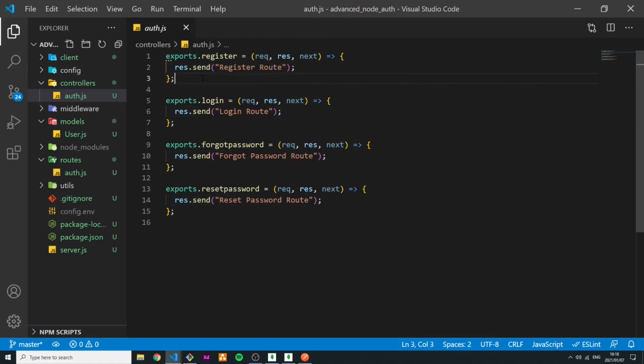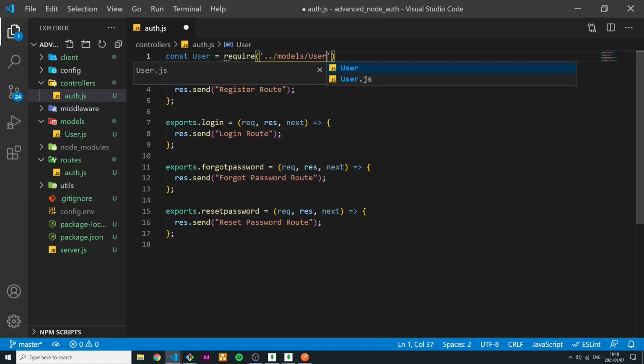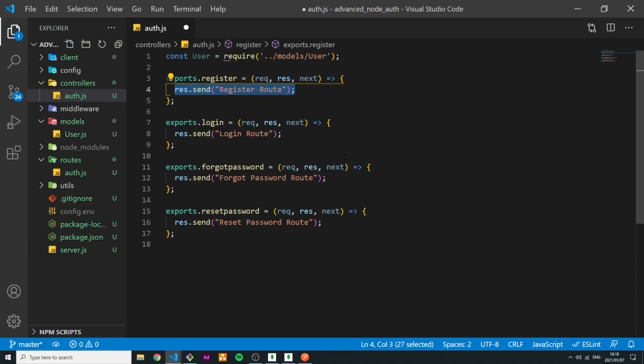And in order to register a user, we have to think about what we're going to do. So first let's bring in the user model. So we can say const user equals require from the models folder. We want to require the user. So we're going to need a few things from the body when this route is hit. So let's extract from the body